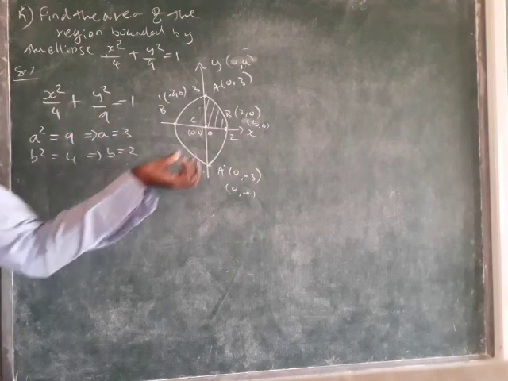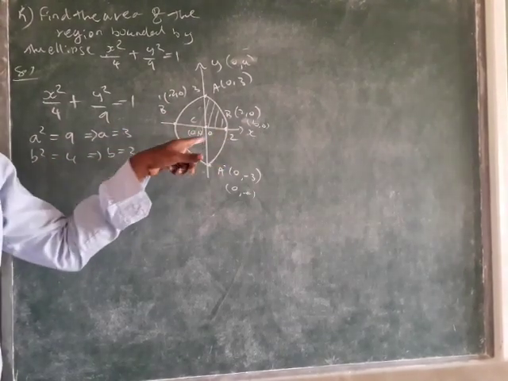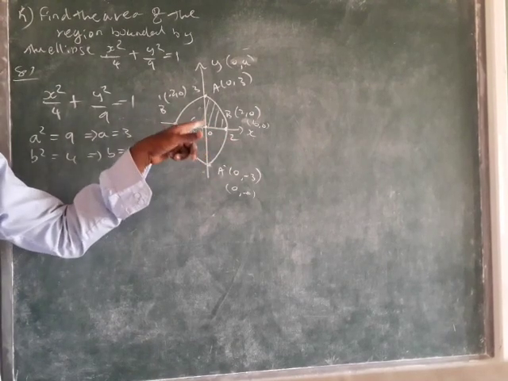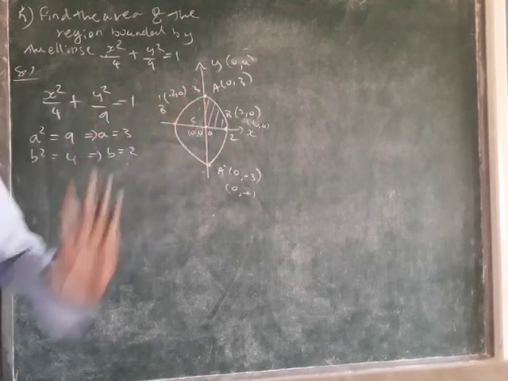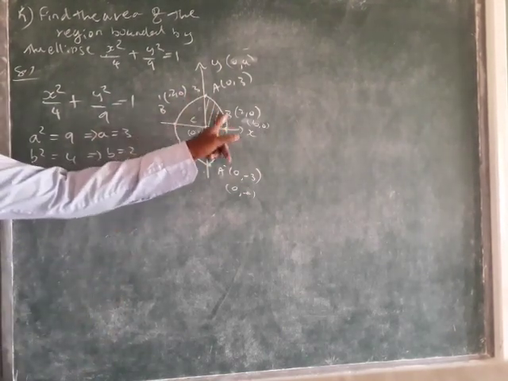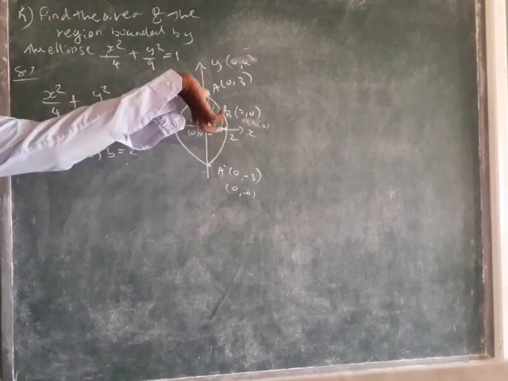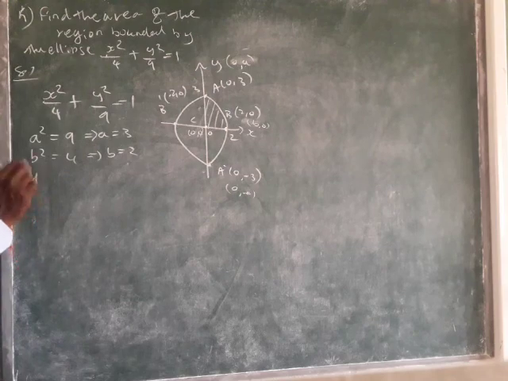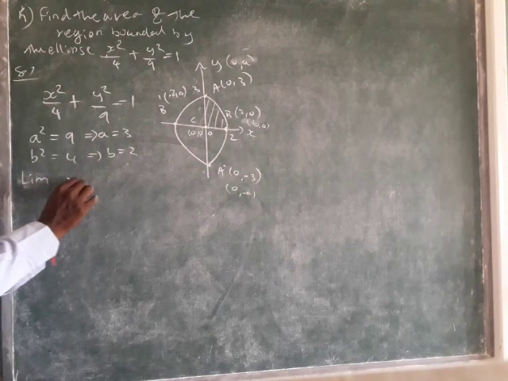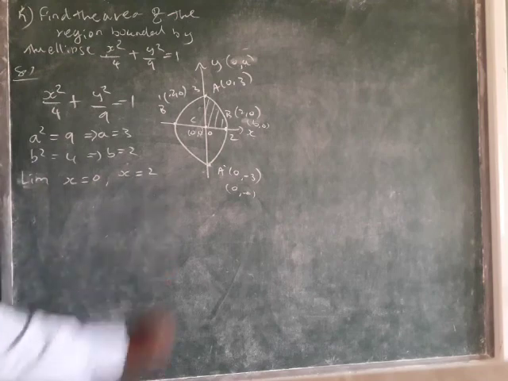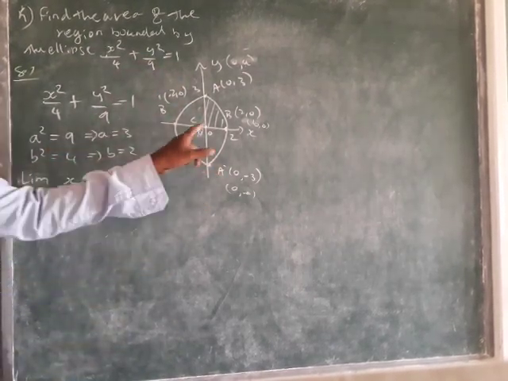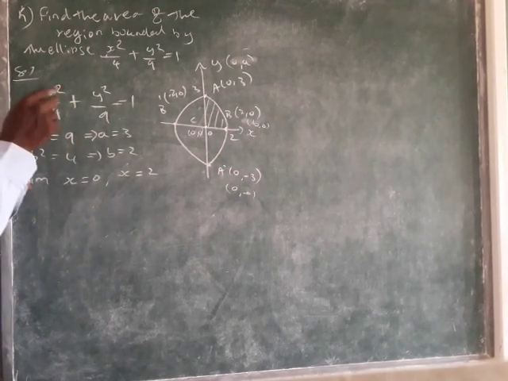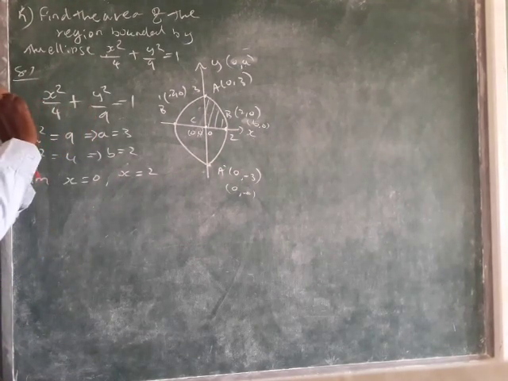So here you can take the limit in x: x equals 0 to x equals 2, or in y: y equals 0 to y equals 3, because the curve covers the area with the x-axis as well as the y-axis. You can take any one. Here I am going to take the limit in x, so x equals 0 to x equals 2. I draw the diagram in order to identify the limit. Now if you take x from 0 to 2, then the function is y, with variable x.